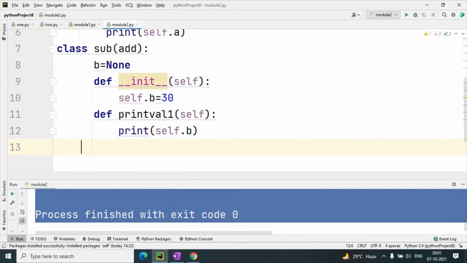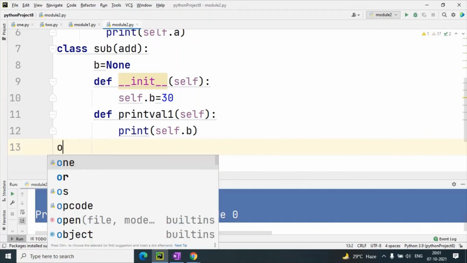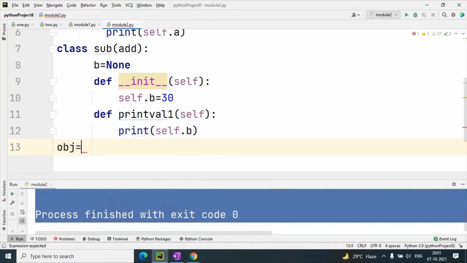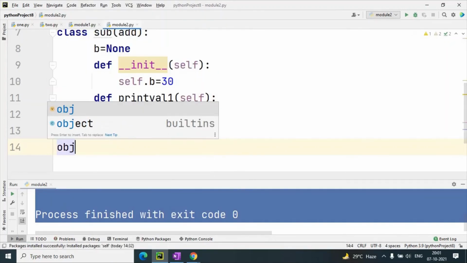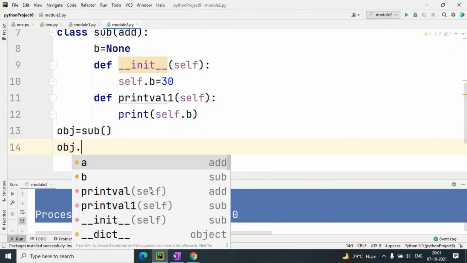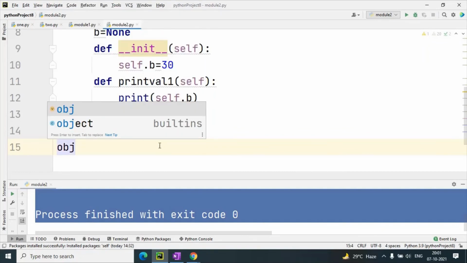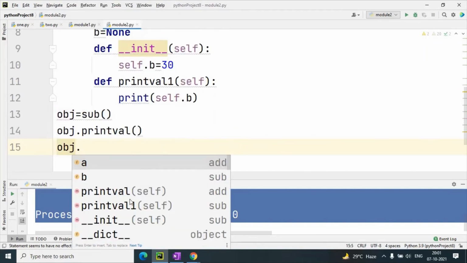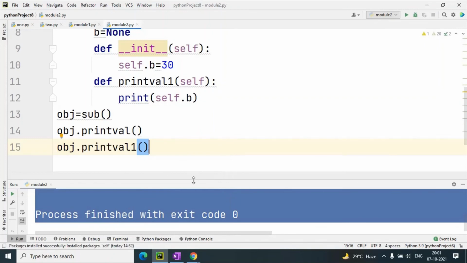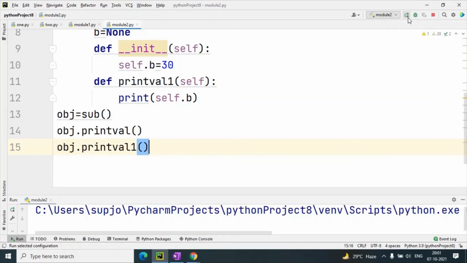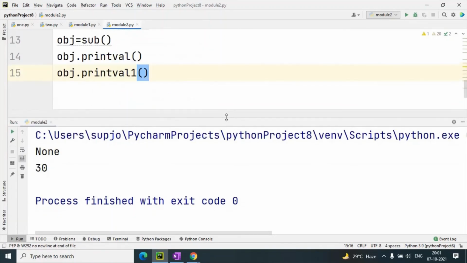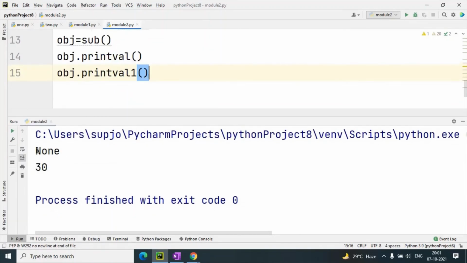Now I am creating the object of the derived class, obj equals to sub, that is the derived class, and with the help of obj dot I have called the first print val method, and obj dot print val1 method. When I execute this, you can see the output: the value of a is None, and b value is 30.